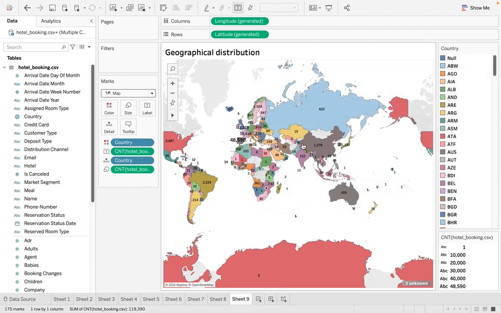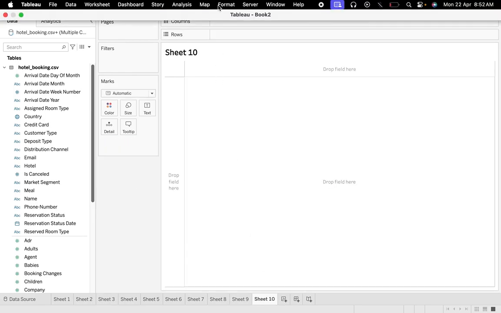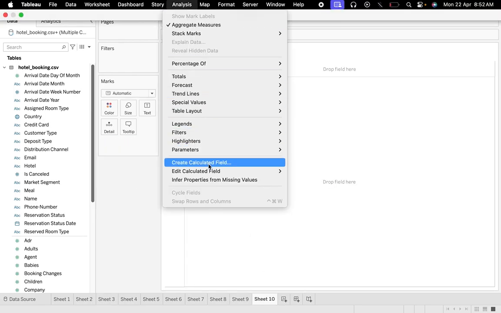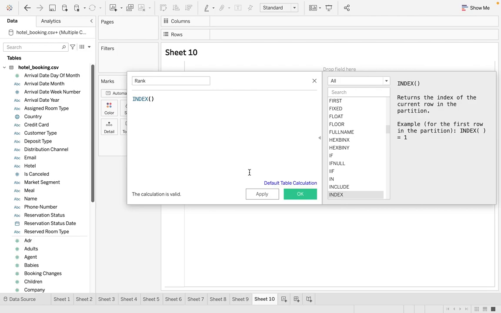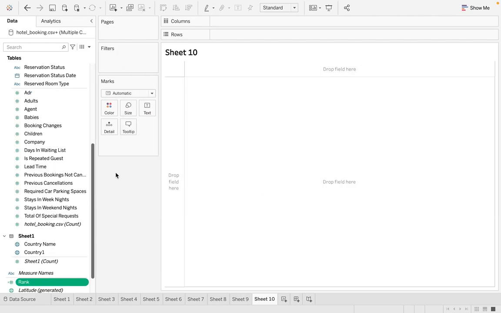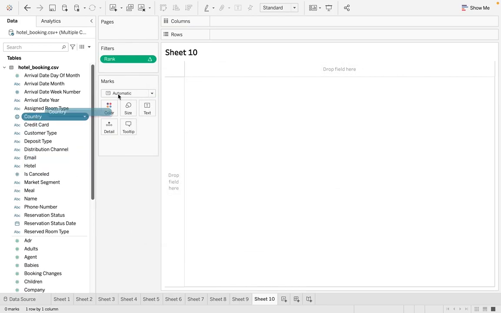So among them, let us see which countries have the top bookings. Let us create a calculated field called rank. Apply. Okay. Let's place it here. So again, country into here,